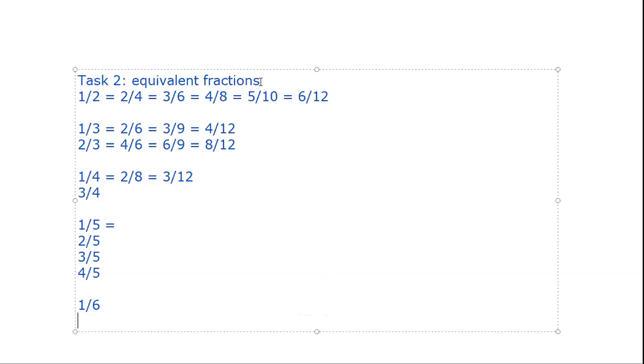3/6 is already here. 4/6 is here. So 5/6 will come in fresh. Yeah, I think if you complete this part, then you will get all possible equivalent fractions that you can get with denominator being less than or equal to 12. Okay, so this is what I want you to complete.